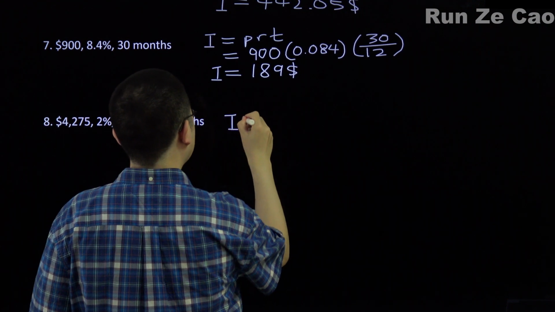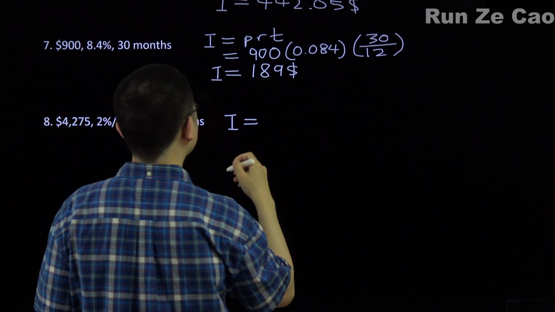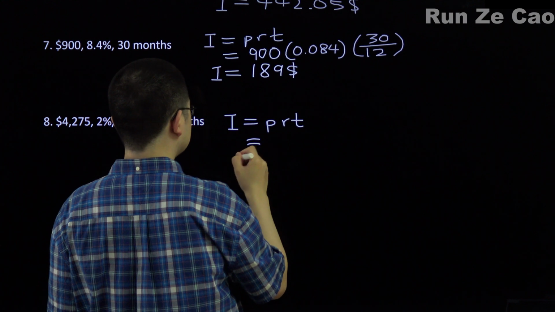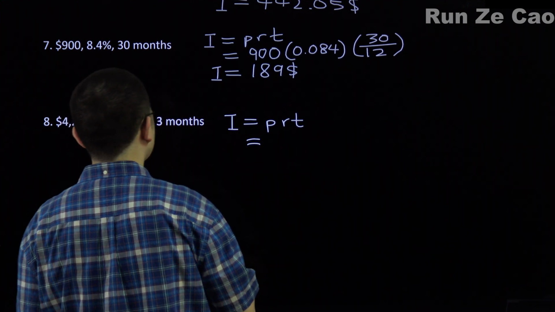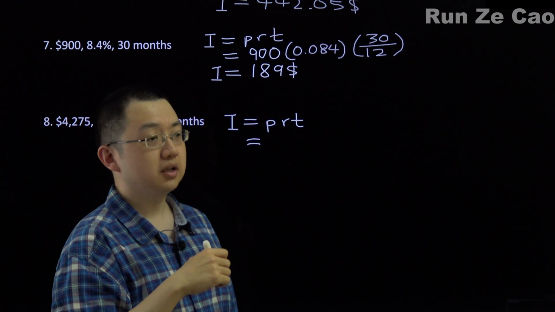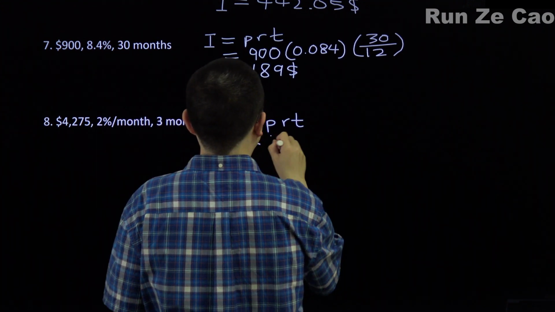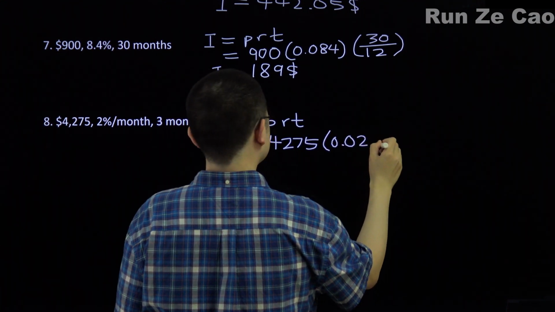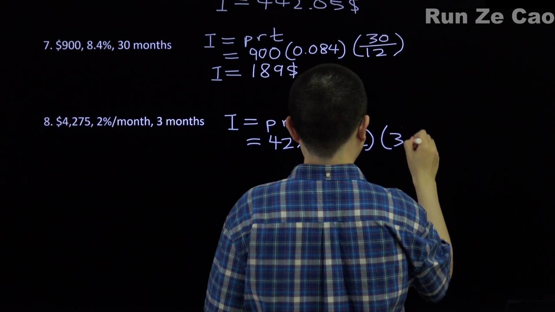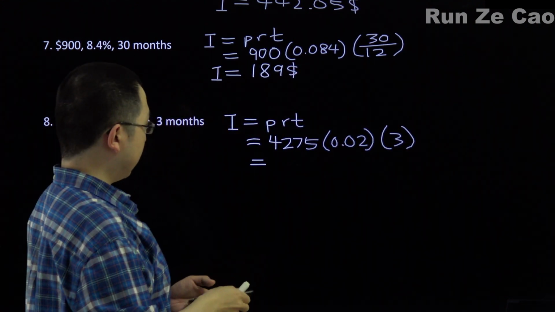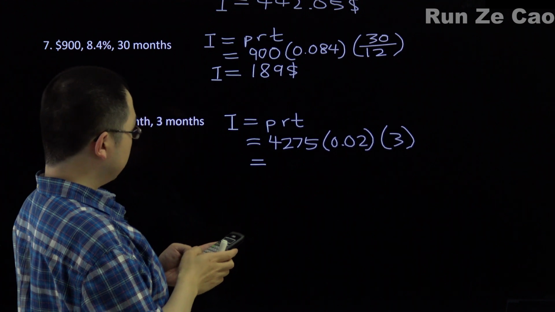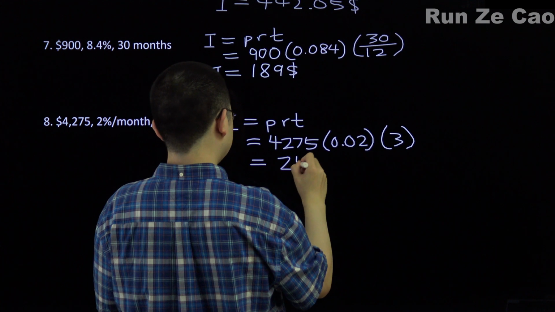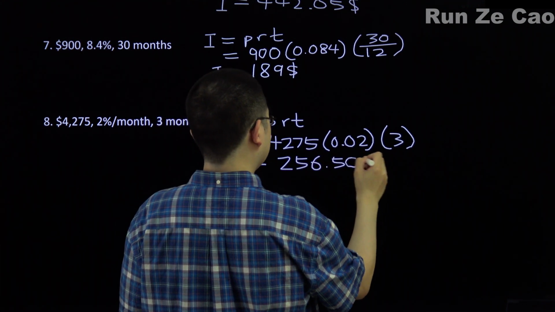$4,275 at 2% per month and 3 months. 2% per month is actually really good. Like it's 25% flat interest per year. Whoa, that's a lot. 4275 times 0.02 times 3 months. Well, that's 4275 times 0.06, which gives us $256.50